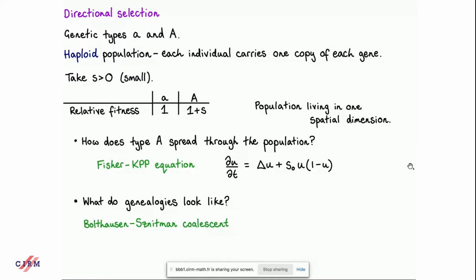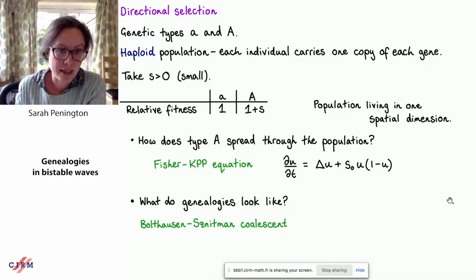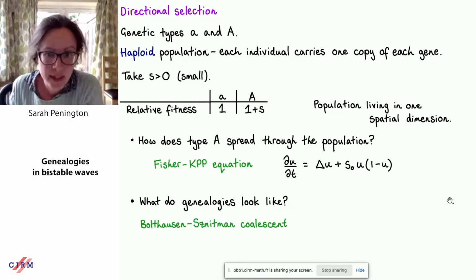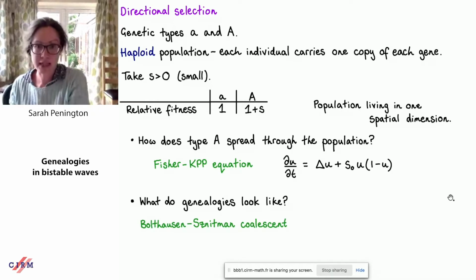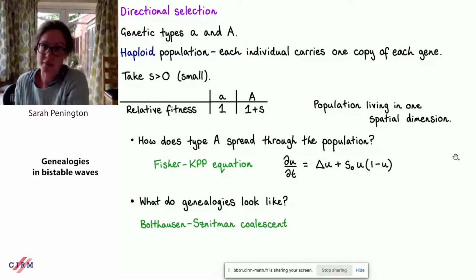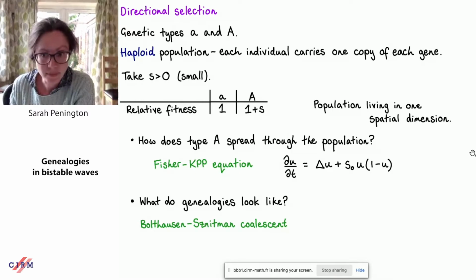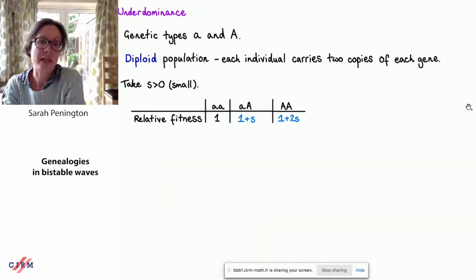So that's what's expected to be the answer to these two questions in this simpler case of directional selection. So now I want to tell you about a different selection mechanism, and we're going to ask these two questions again, and the answers are going to be somewhat different. Now we're again going to have